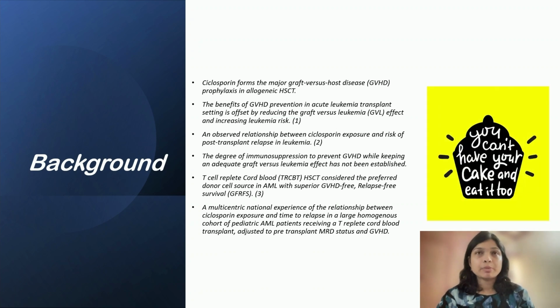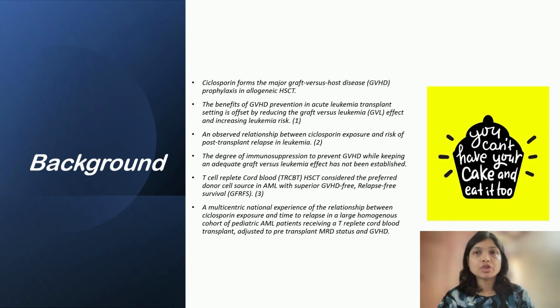Previous studies have reported a relationship between cyclosporin exposure and the risk of post-transplant relapse in leukemia. The degree of immunosuppression to prevent GVHD while keeping an adequate graft versus leukemia effect has not been established. The T-cell replete cord blood transplant might be considered the most preferred donor cell source in AML with superior GVHD-free, relapse-free survival. We report a multicentric national experience of the relationship between cyclosporin exposure and the time to relapse in